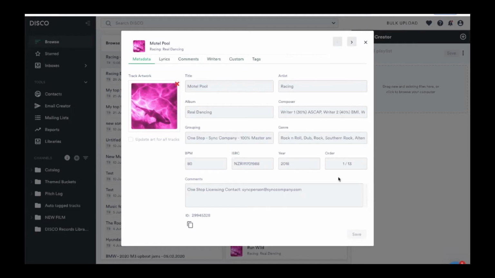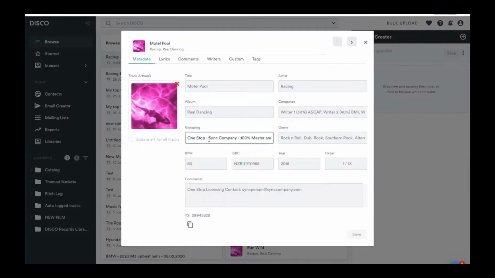All these fields are going to download and travel with the track. And some of the things that are really critical here are adding your contact information. There is nothing worse as a music supervisor than receiving songs that are perfect for the spot, but we don't know who they came from, what the control information is, and have no way of actually licensing them. So always make sure you've at least got your contact info in the comments.